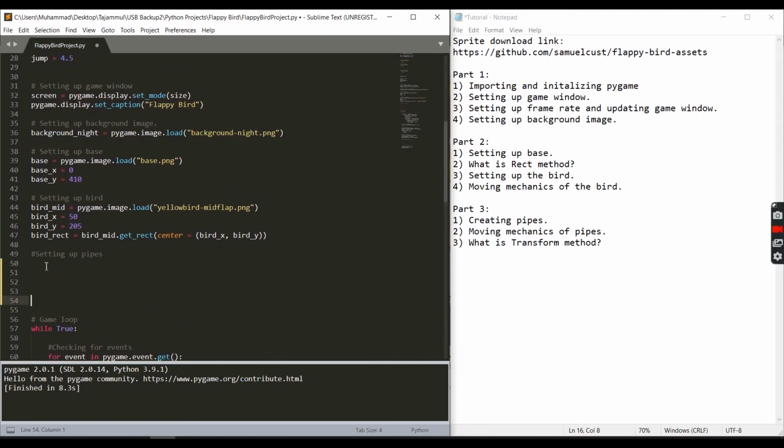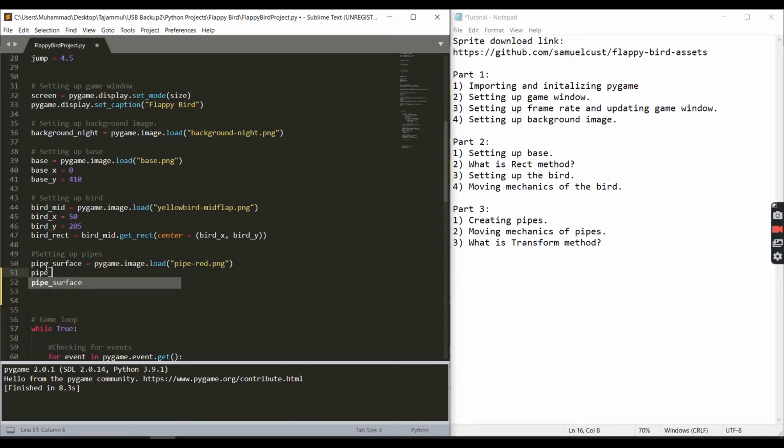ठीक है, तो सबसे पहले तो हमें ये करना है कि हमें पाइप्स बनाने हैं। तो पाइप्स बनाने के लिए कुछ वेरिएबल्स और उसकी पिक्चर लोड करना वगैरह, तो वो कर लेते हैं। ठीक है, तो वी कैन कॉल दिस पाइप सरफेस इज इक्वल टू बिल्कुल उसी मेथड से जिससे हमने पहले इमेजेस लोड की हैं, इमेज डॉट लोड, एंड देन वी विल गिव इट पाइप डैश रेड। दो मेरे पास हैं, पाइप डैश ग्रीन एंड पाइप डैश रेड। आई विल बी यूजिंग पाइप डैश रेड डॉट png. So this will load the image to this pygame, to this variable, and then I can give it